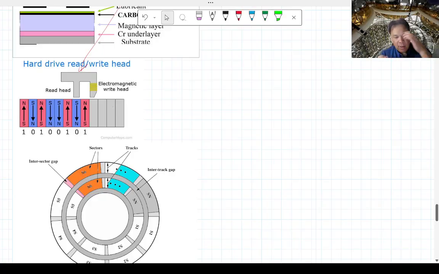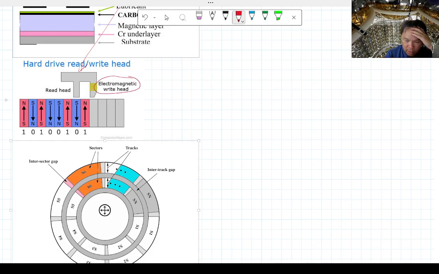Anyway, so let's just talk about how this works, right? The read head has a writer and a reader. The writer has a little solenoid coil around it. So when that turns on, it creates a magnetic field. I think it's usually pulling it upward. That magnetic field, when it's near this magnetizable material, will basically make the pole of that material north facing or south facing, depending on the direction of the magnetic field. So if the magnetic field is going up,